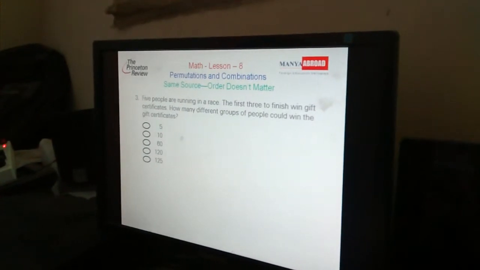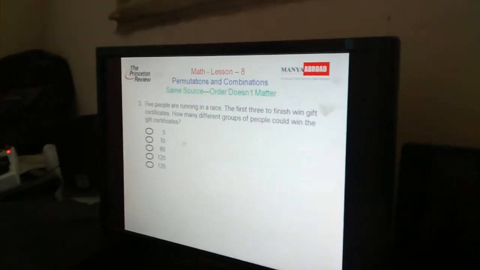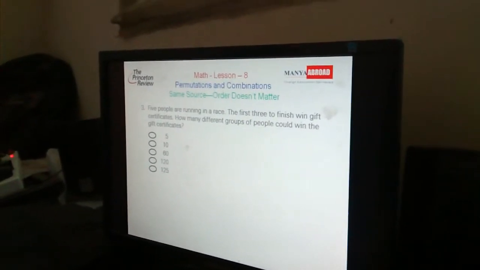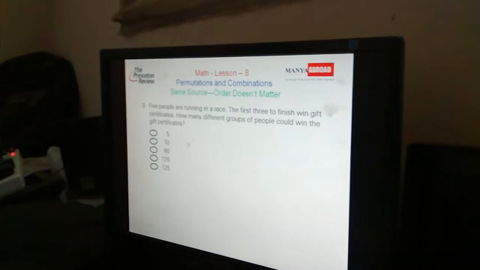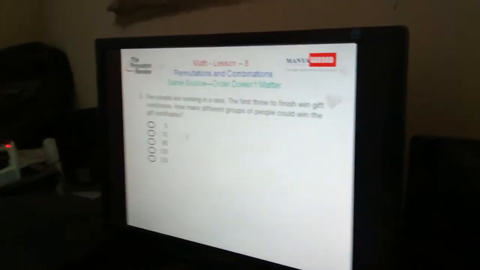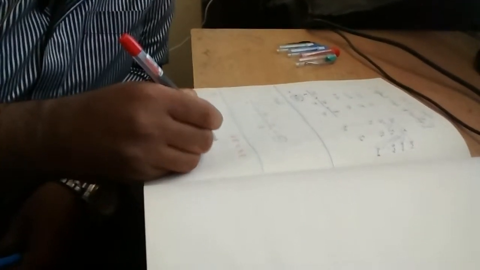Now, is it the same as the second question that we have just discussed? There's a small word which makes it so different. You may say that it may be the same certificates. No. It may be the same certificates or different certificates, it doesn't matter. But the key word is "groups". For example, if we have 5 people, A, B, C, D, E, and a group of A, B, C wins the gift certificate, is a group of B, A, C the same group or a different group if they win the gift certificate? The same group, right? Because of that, order does not matter over here.